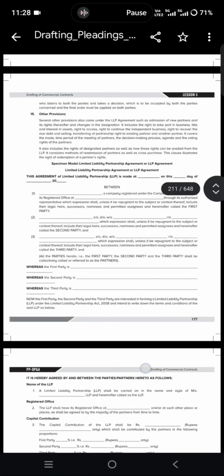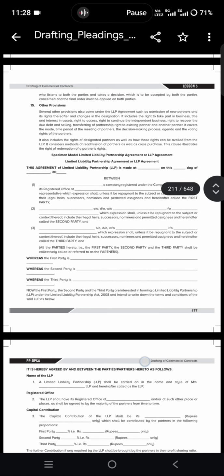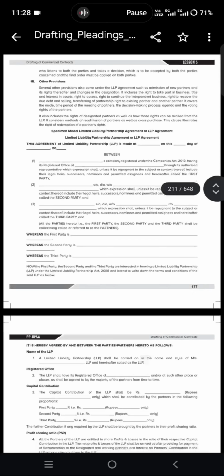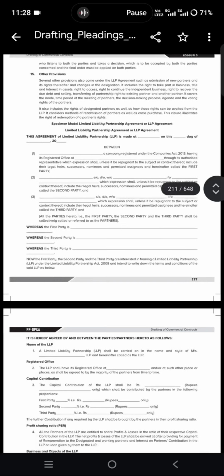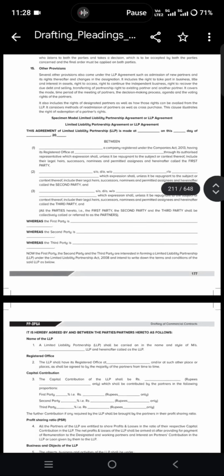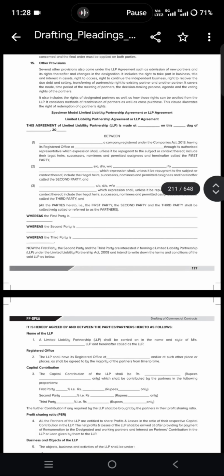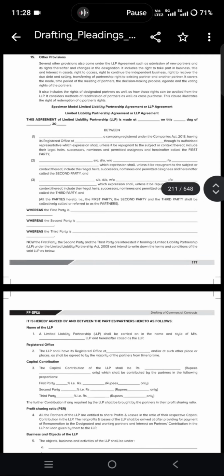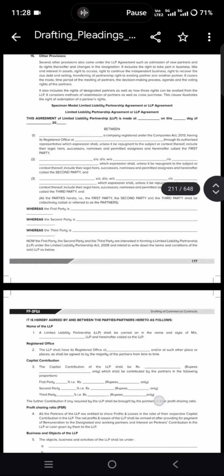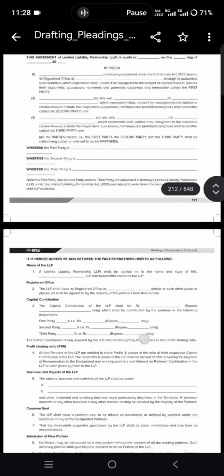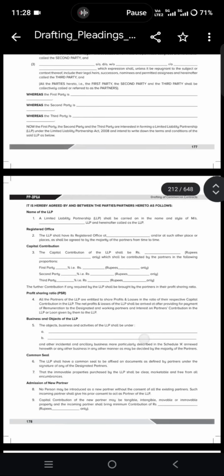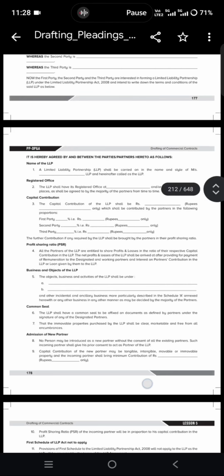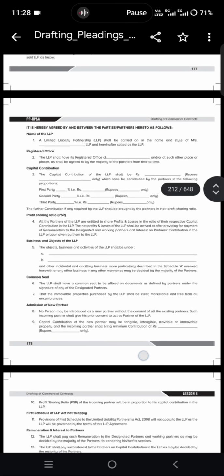Introductory provisions, that is definitions, place of the business activity, duration, accounting and auditing, partners' contributions and method of contribution like cash or shares or kind, record keeping and bank arrangement, allocation and distributions of the profit sharing, disassociation of the partner, means when a partner can withdraw from the firm, partner's right to records, when the partner can check the records, management and fiduciary duty, and arbitration and general provisions and other provisions.